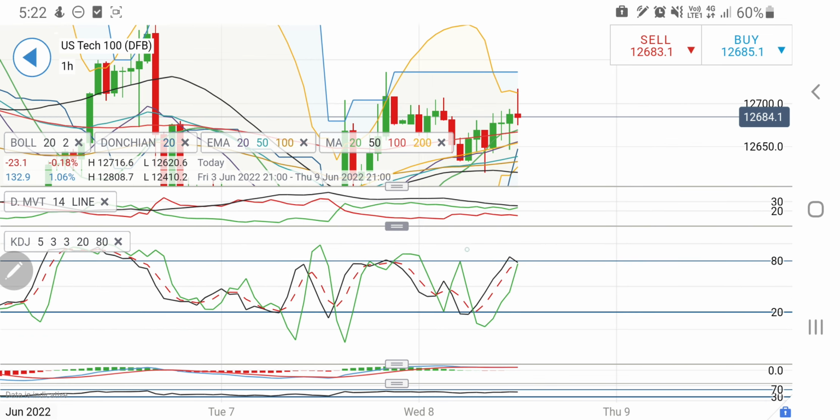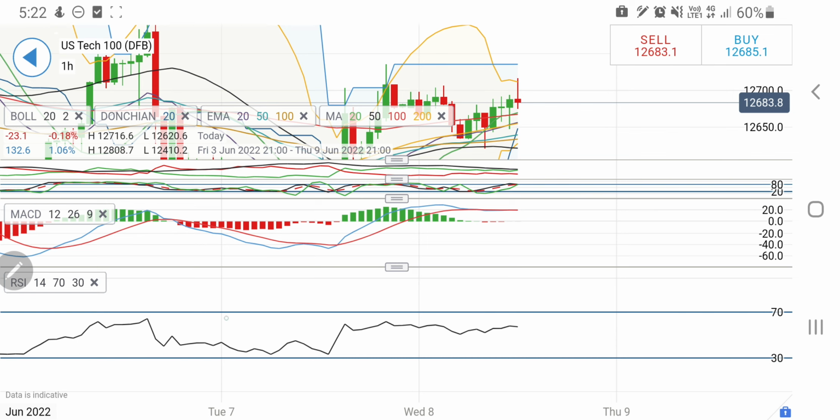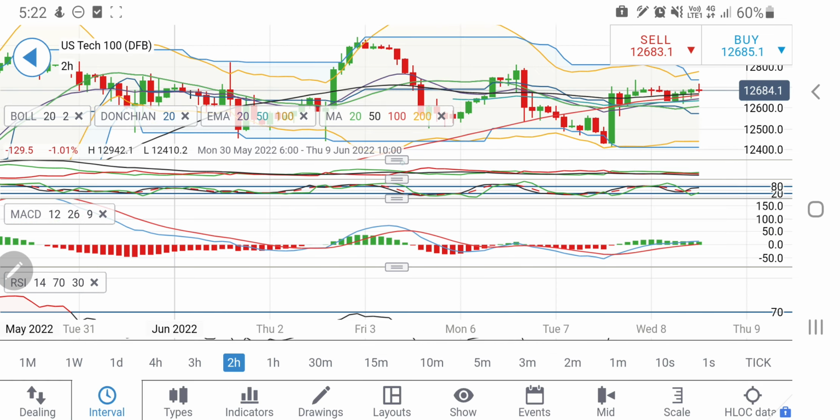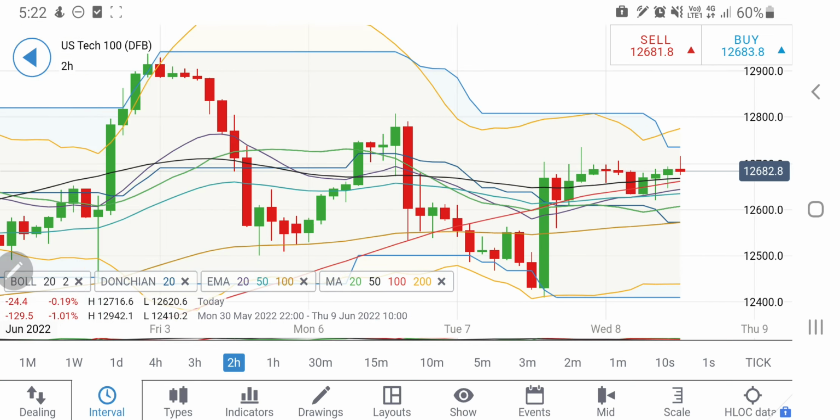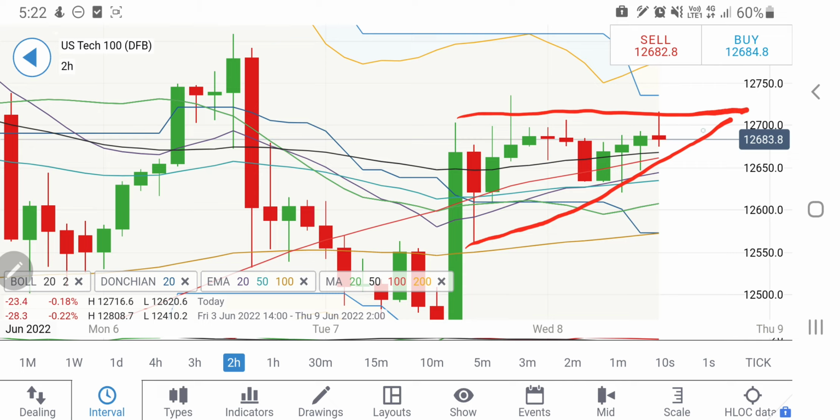Directional movement is bullish on the hourly charts. The stochastic is overbought looking downwards. The MACD trading parallel. The RSI trading flat, not indicative of anything. And if you look at the 2-hour charts, see, it is trying to give you higher lows and lower highs, and that is what is trying to create a flag formation. Any breakout above 12720 will be a very good entry for you